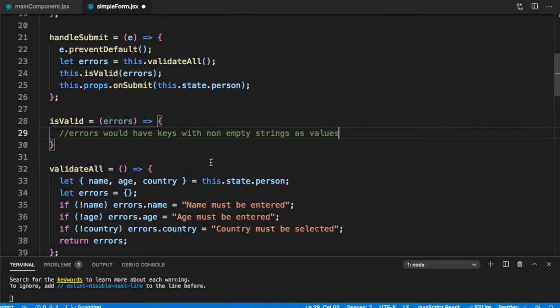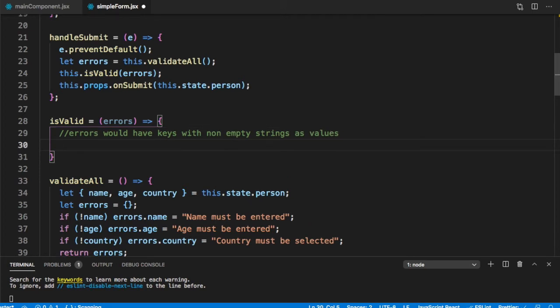If you look at the errors object here, it would have errors.name, errors.age, or errors.country if any of them were there. So we would check first whether there are any keys and whether any of those keys would have empty strings or non-empty strings. We could have checked for whether those keys exist, but we will just make a more generic one, which will be useful to us later.